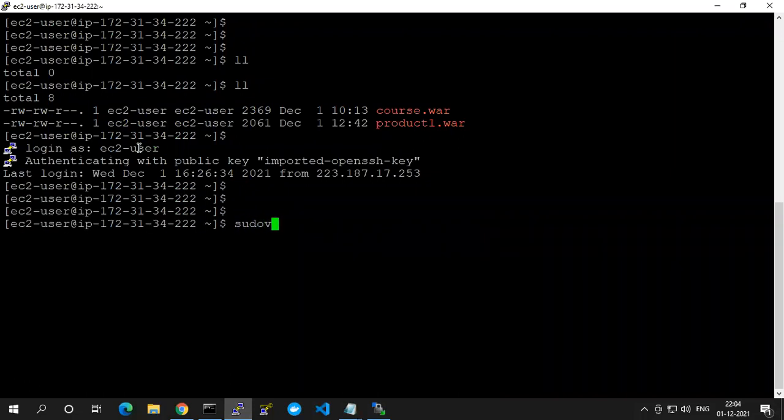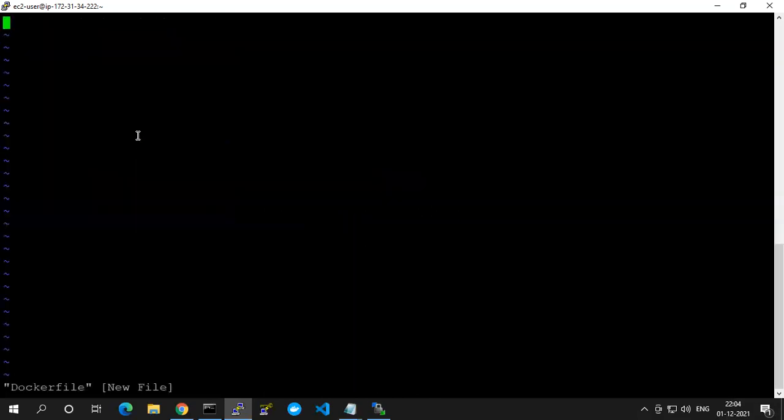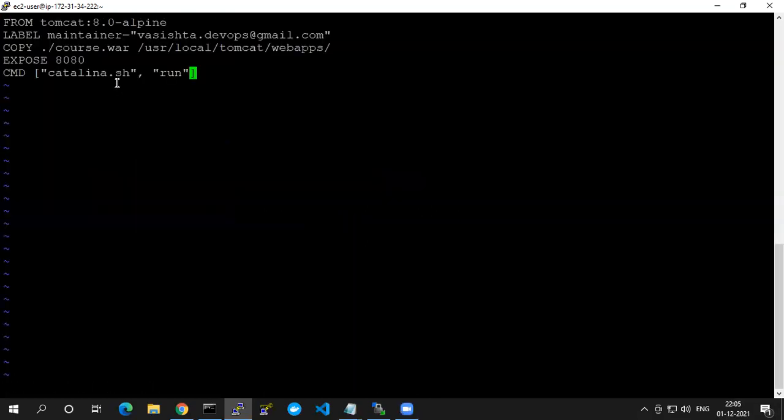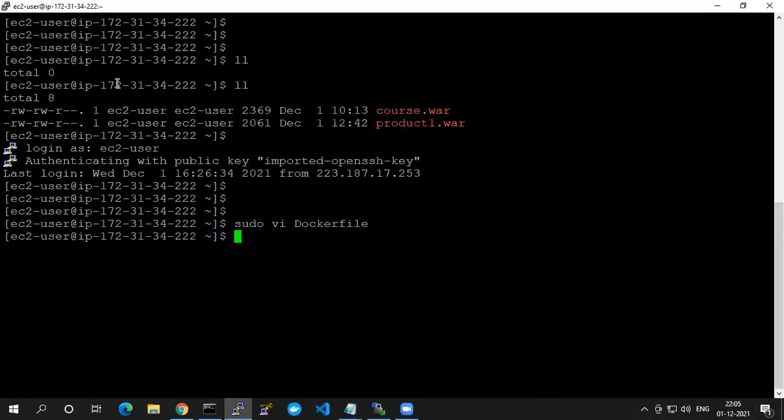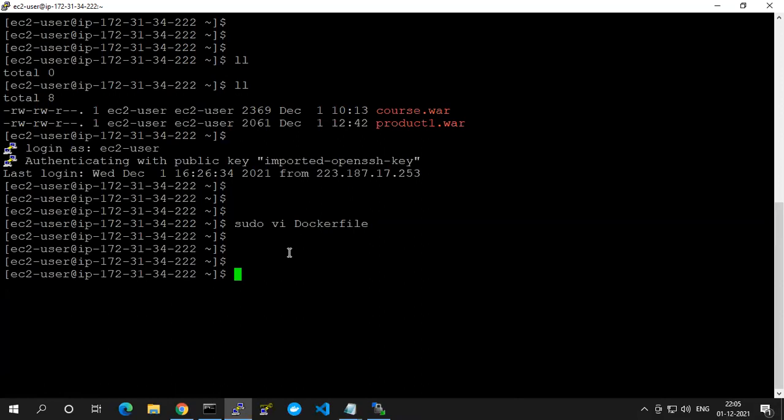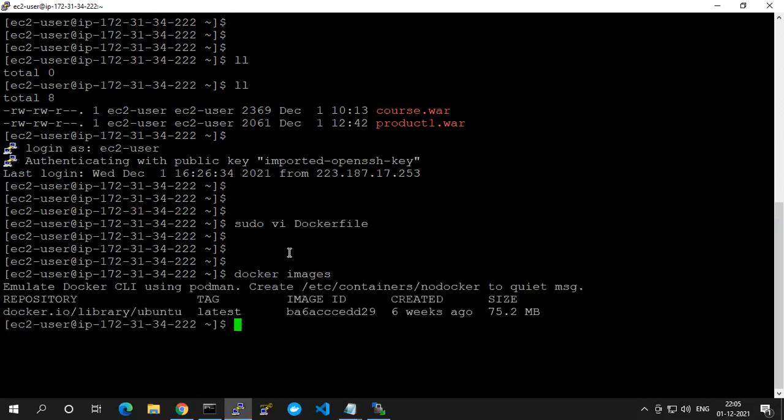So here I'm writing sudo vi Dockerfile, saving this. Now I want to execute the command docker build. So if you check the images currently, what are the images available? Currently only one image, the Ubuntu image, is available, which has a size of 75.2 MB. Let us check how much size will be there after executing this Alpine Tomcat image. So the command is